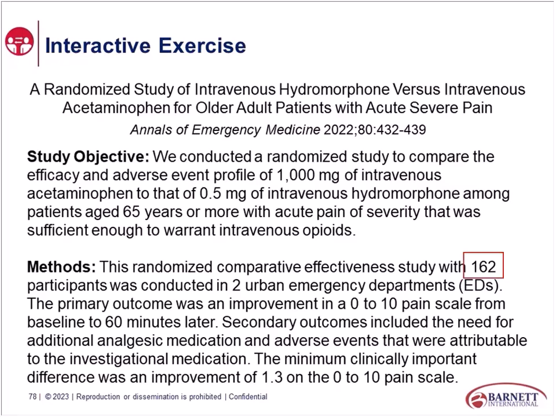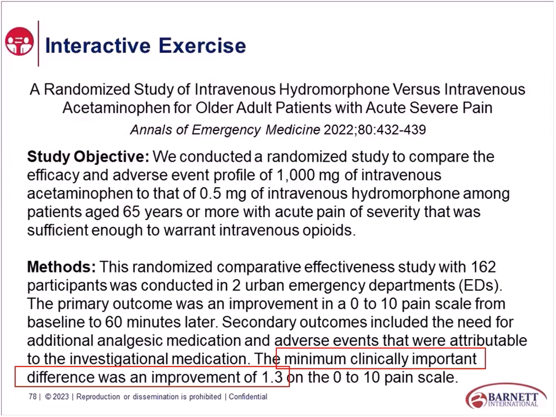162 participants, and what they assessed was the primary outcome: improvement on a pain scale, an ordinal 0 to 10 pain scale, at baseline and 60 minutes later. And this is really important. In this article itself, they define what a minimal clinically important difference is. So they define that on a scale from 0 to 10,